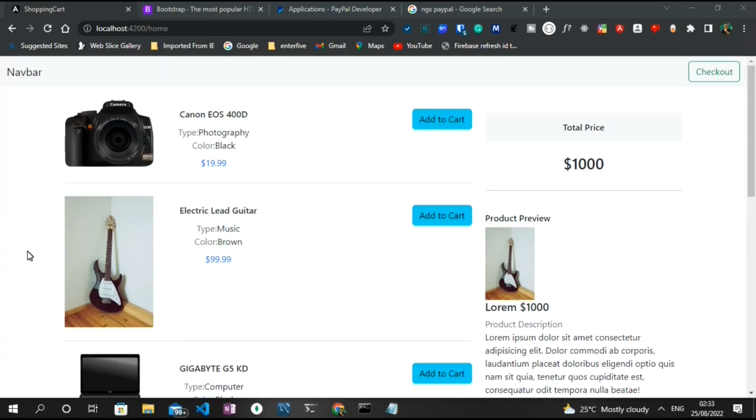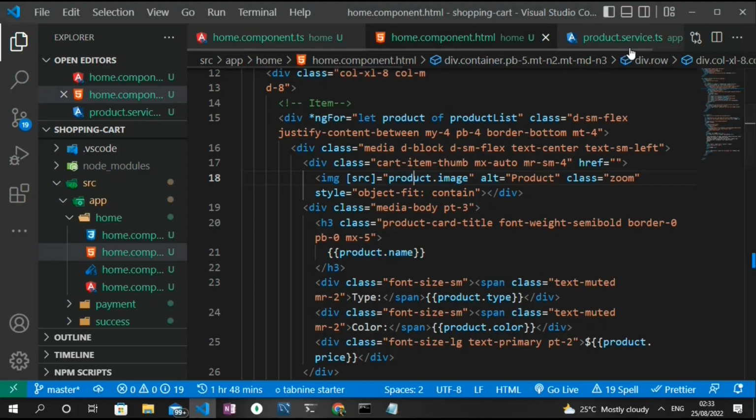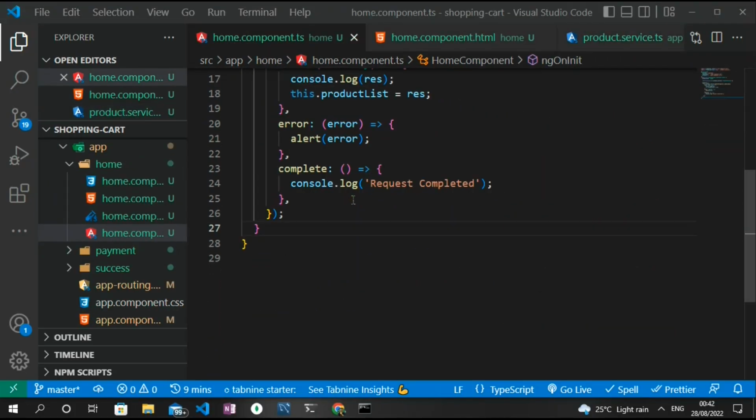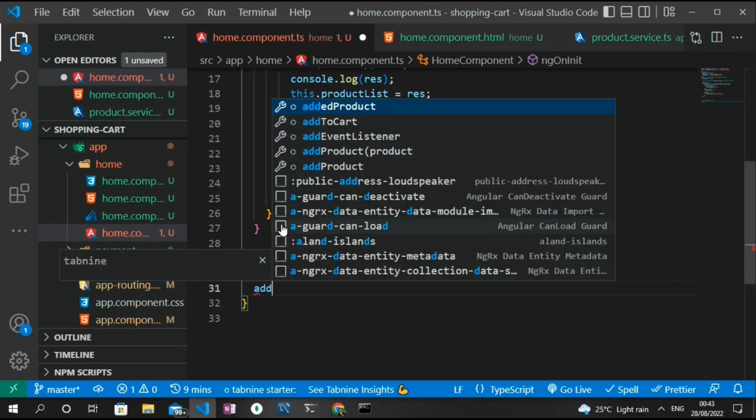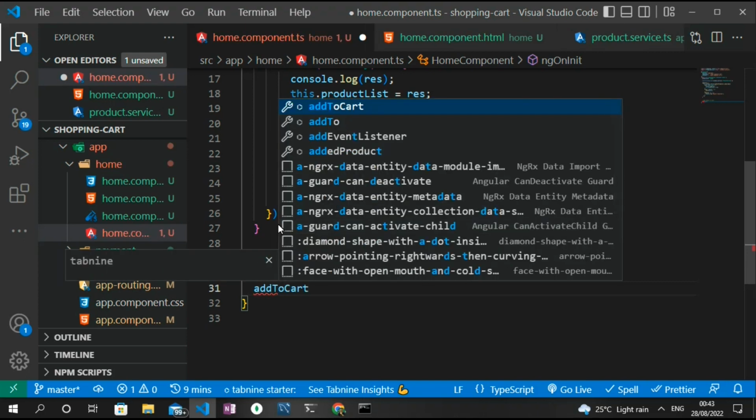as their price. So the next functionality I want us to integrate right now is how to add a product to cart. So to add a product to cart, we need to head back to the home component.ts file, and right below the ngOnInit lifecycle hook, I'm gonna type out a new comment that says add products to cart, and below this comment I'm gonna create a function called addToCart, and then open